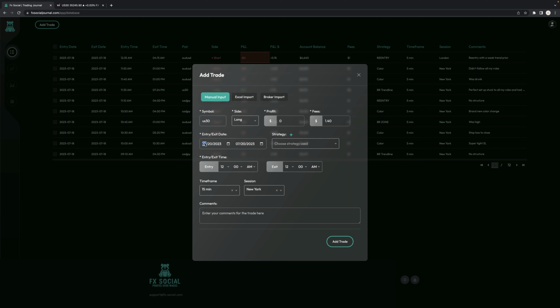Let's say I took this trade today, and I don't know what time it ends, so I'm just going to put the same time. And let's say I took this at 9 a.m., and I kept the end time the same. And let's say I took this on a 4-hour setup, and if I'm at 9 a.m., I'm on the New York session, right? And let's say I'm just writing out things. Today I waited for the market to open, and